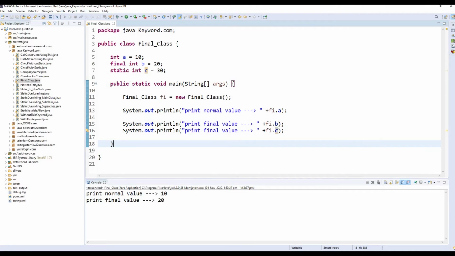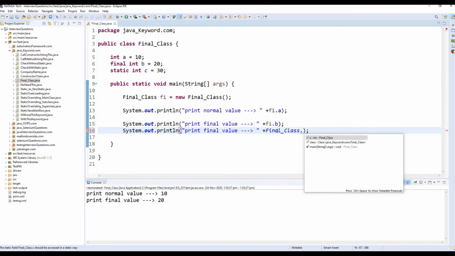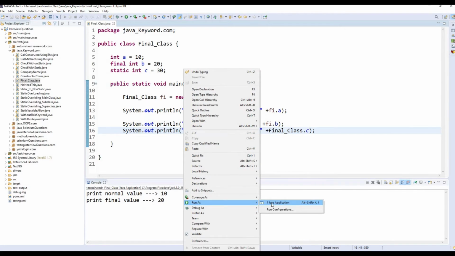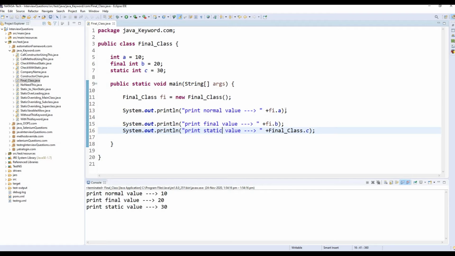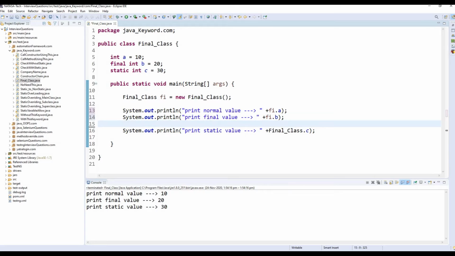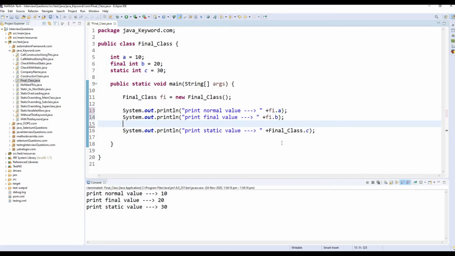We can directly access the static variable value using the class name. So here I'm using the class name dot the static variable. Okay, again I'm going to execute. See, it executes successfully, right? So the normal variable and final variable we can access using the object, which means the reference variable, but the static variable we can access using the class name, right?